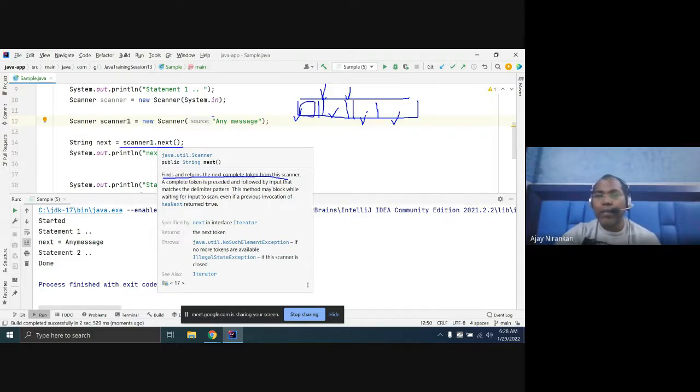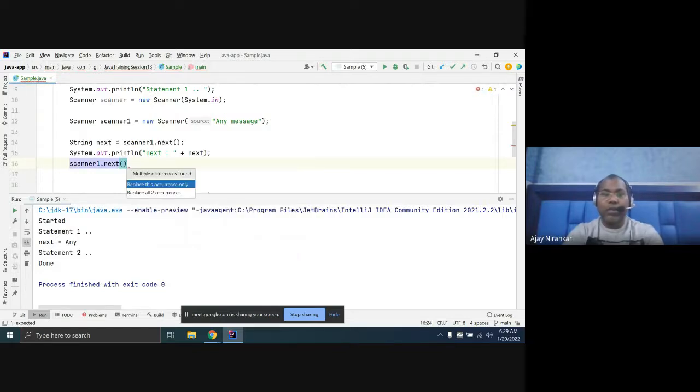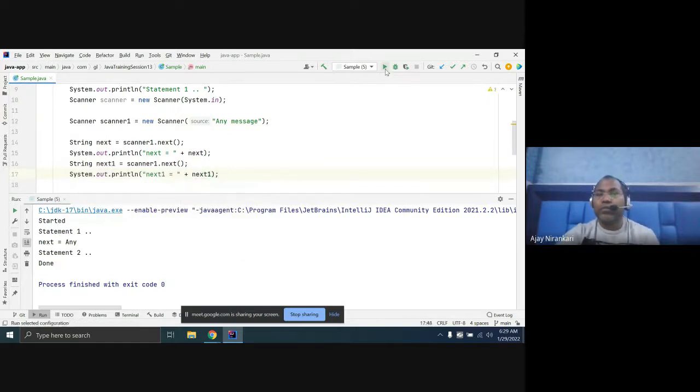So if I write this message, it will split into two tokens, token 1 and token 2, and calling next gives only the first value. If you want to print both, you have to say scanner1.next again, and you get the next value.